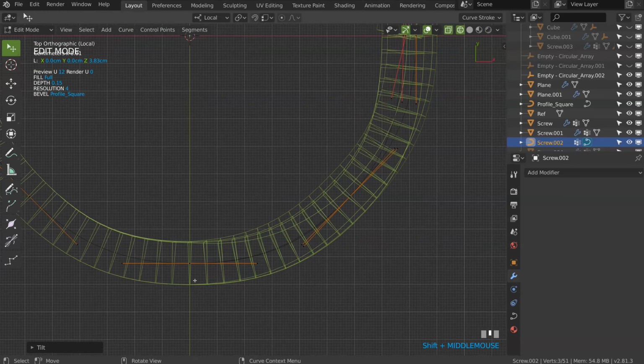So, now if I select this one and this one, and I forgot to take this one, and I move this one, let's see here. I will make a rotation on this one, RZ, and like that.